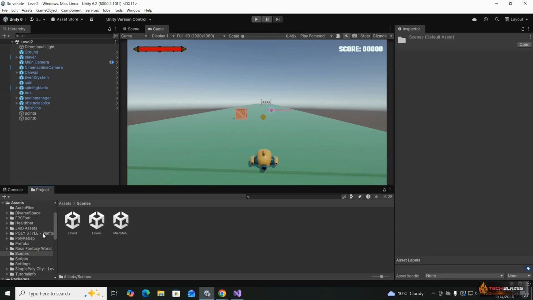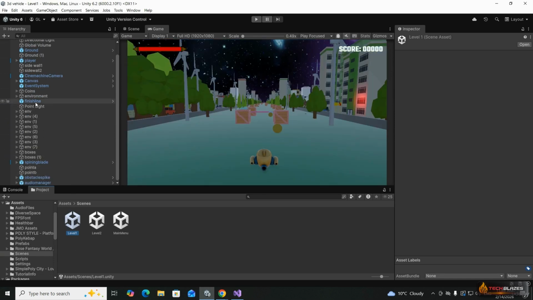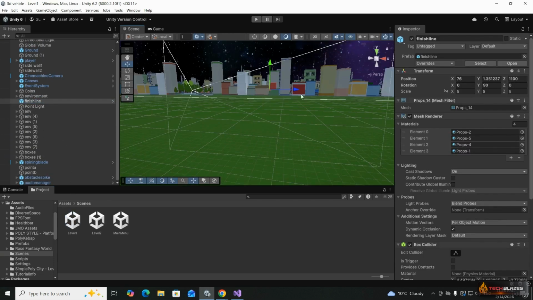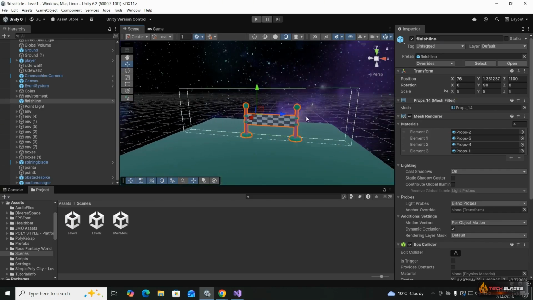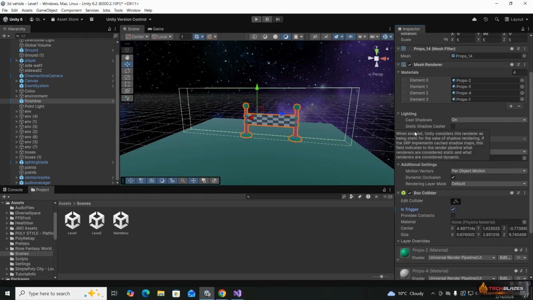Let's go in level 1. Let's select the finish line. I will hit F to zoom in. Okay, here is our finish line. Now I will check this is trigger option of the finish line, okay? And